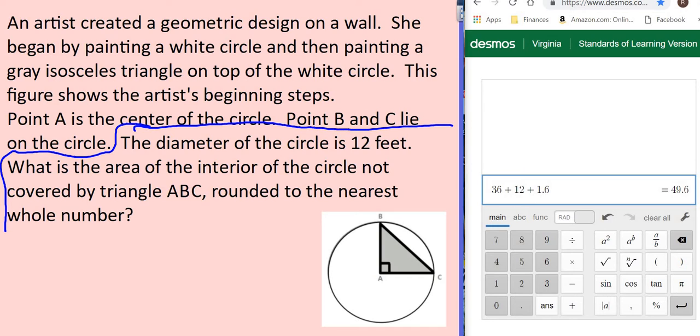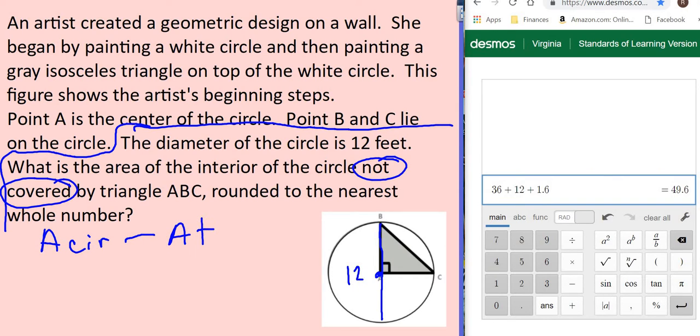The diameter of a circle is 12 feet, so that means all the way across is 12. The whole thing is 12. What is the area of the interior of the circle not covered by the triangle? Round to the nearest whole number. So that means you're going to have to find the area of that circle, then subtract the area of that